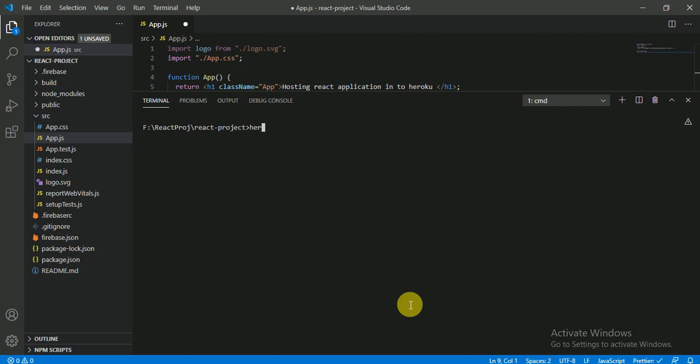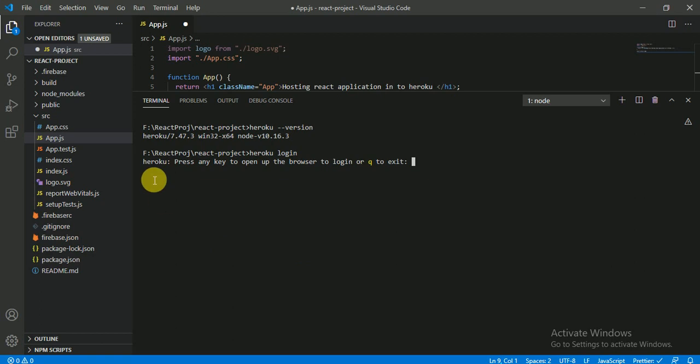If you want to check the Heroku version installed on your machine, you can do this, and you will get the version of Heroku. After that you have to use heroku login. It will ask you to press any key, and I am going to press it.